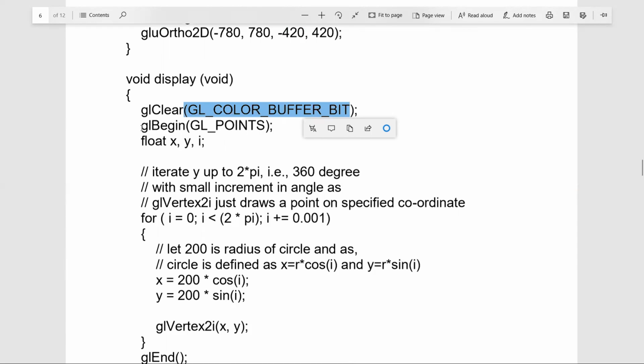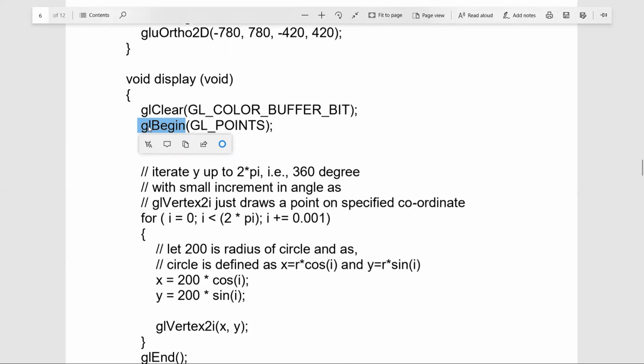Then we need to give information about the graphical points. So graphical points are defined using the static component, say GL_POINTS. How are the objects drawn? The objects are drawn point by point, or pixel by pixel.